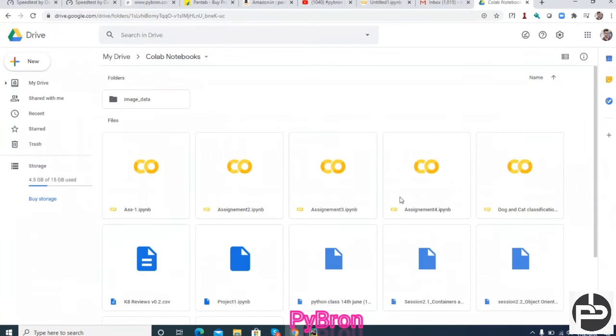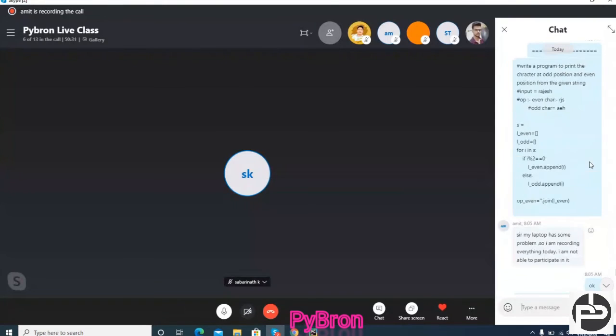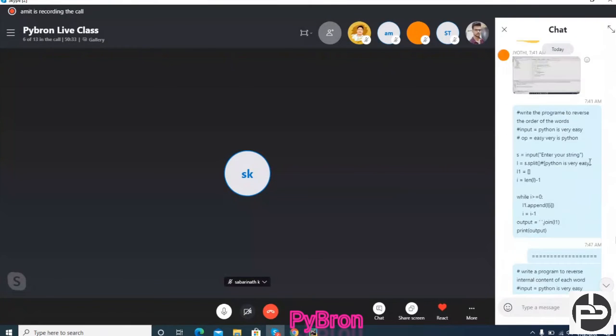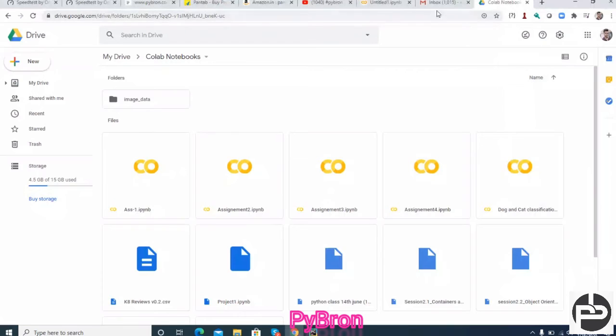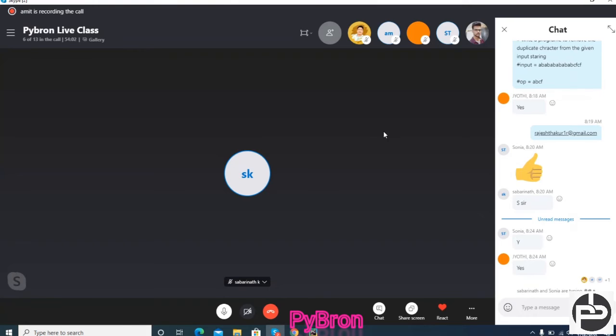I am going to pass some assignment. What is your homework right now? Whatever we did, you have to type from your end and you have to pass me the Colab link. Also, there is one more thing in Colab. See, here each cell, this is one cell. Each cell behaves like one Python program. Suppose you want to run another program, so you can create another cell. How? Control M.